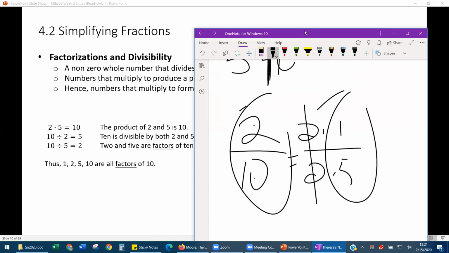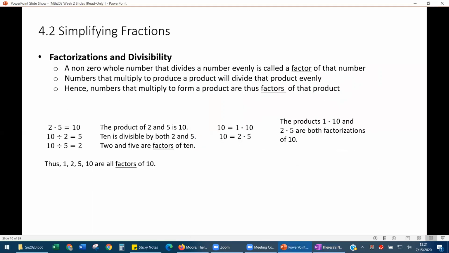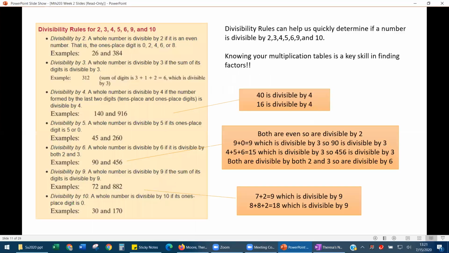factoring. Factors are numbers that multiply to get other numbers, or you can think of them as numbers that divide out. But the reason they divide out is because they had to multiply to begin with. So, couple important things that's really going to help you